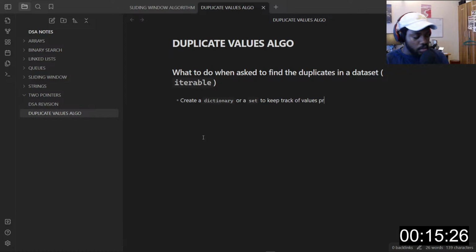previously seen. We can also keep track of values previously seen, right?